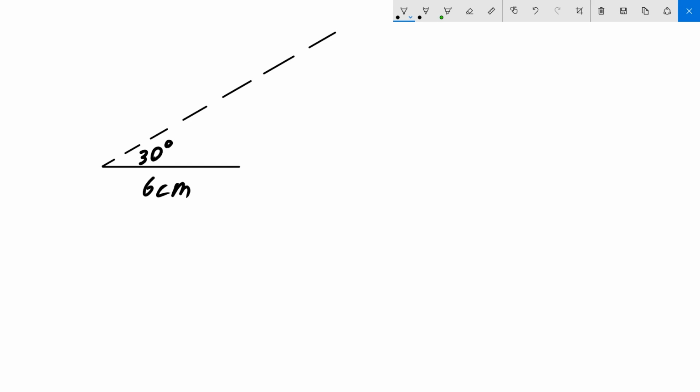Hello, and today we're going to be looking at the ambiguous case of the sine rule. So what the sine rule does is it assumes that we make a triangle that looks something like this and not something like this. And what I mean by that is that you can have two lines connecting to this bolded dotted line here of the same length, and it will assume that regardless of the values that it is